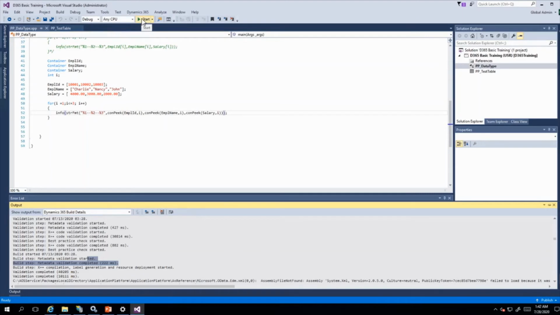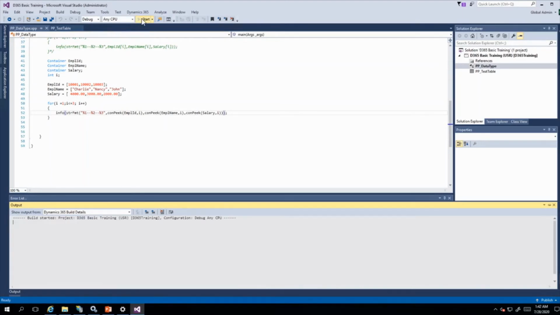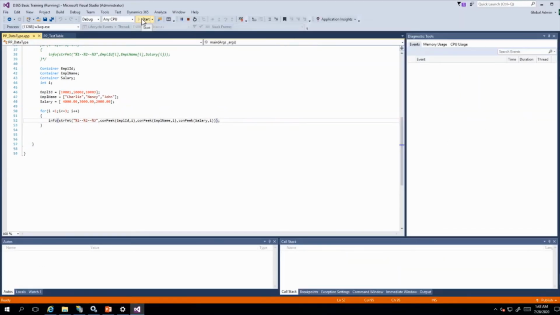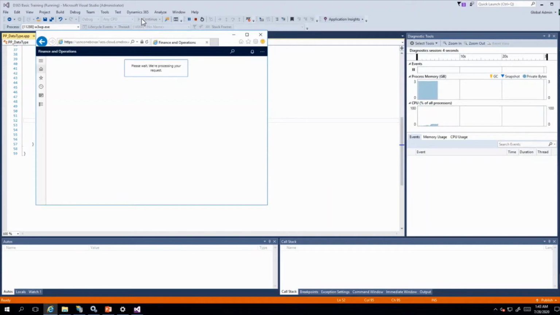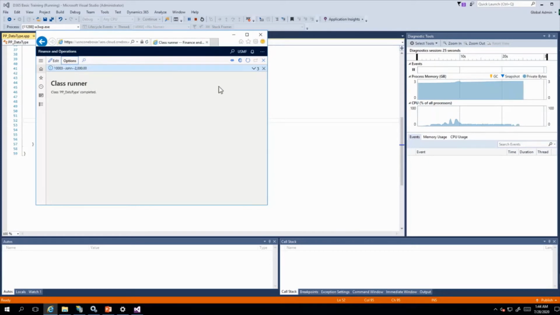I will start this project to see the desired results. See, now our result is printed on the screen. Employee name, salary, this employee 2, name and salary. So how easy it is to use containers. For now, in this example, I have shown only the same type of data in one container. In one container variable, you can pass multiple data types also.